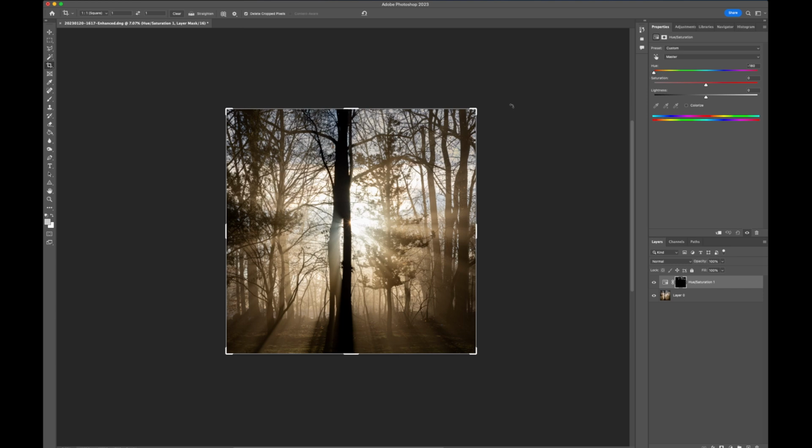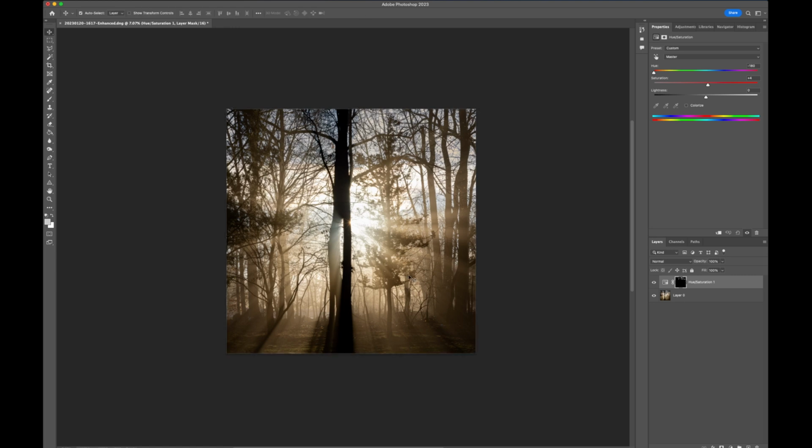If we drop the hue all the way over to the left in the red area, that warms this up a little bit. If we wanted to really get nuts with it, we could drop the saturation all the way up, but we actually could add just a little bit of saturation, because this way it matches the scene a little bit. We still have some blue in here, and that's okay, because it does exist within our scene, but we're at least eliminating most of it, so that it can bring in those warm colors that we wanted. So this is our basic composition, and just a quick edit to our hue and saturation to keep things lined up.